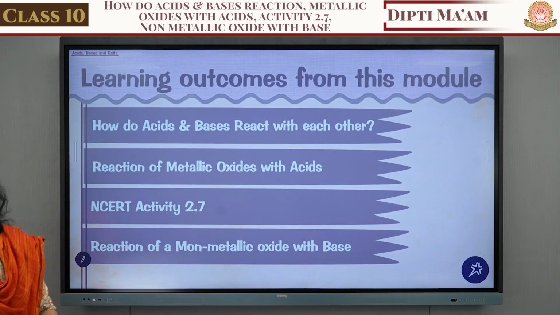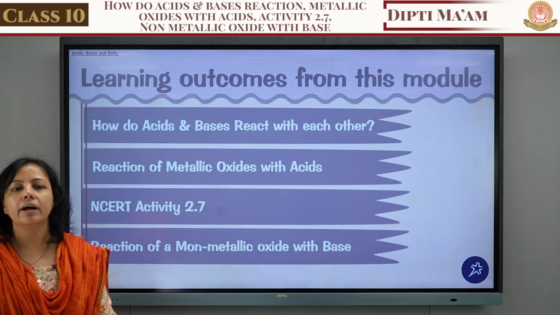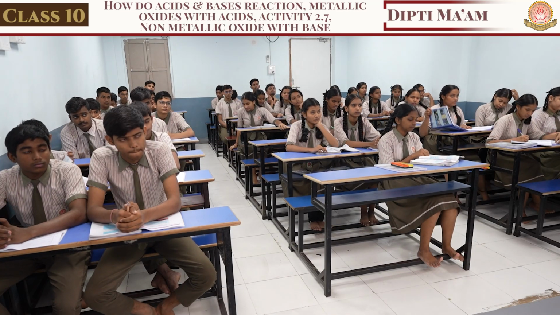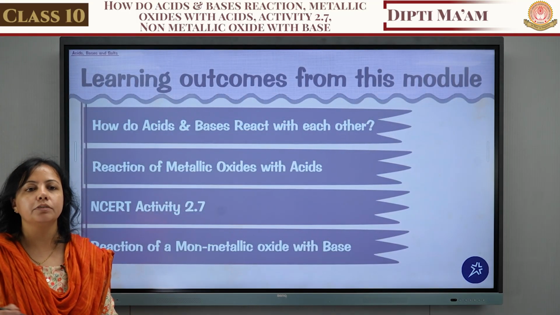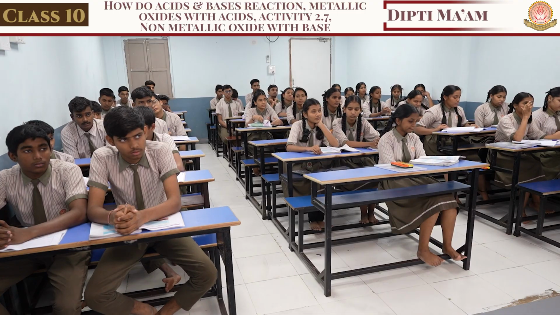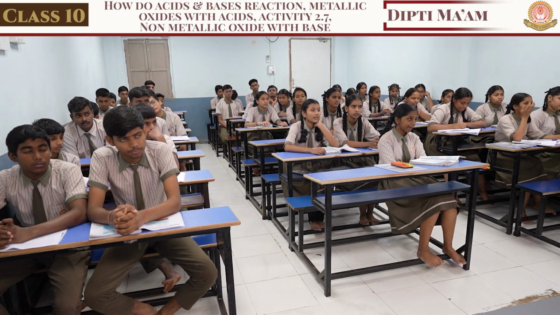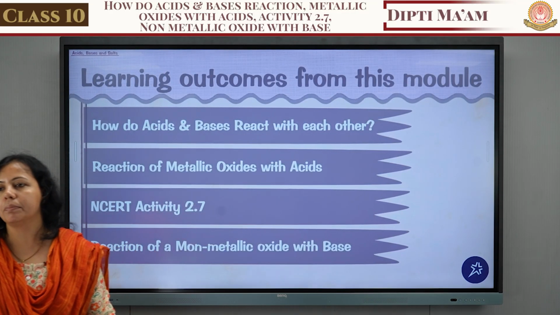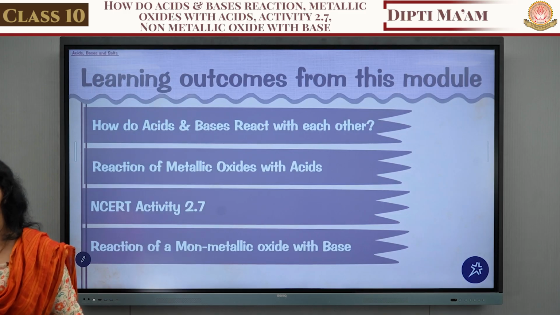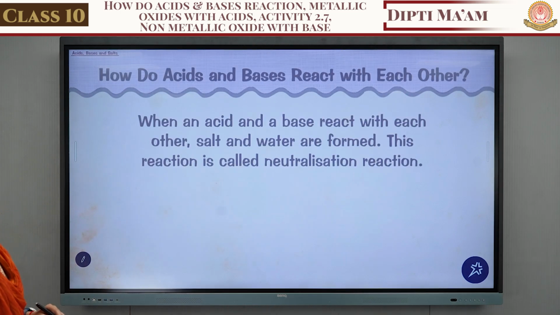Before I start the topic, how can you identify acid and base? With the help of litmus paper, which is part of the indicator. What is the color change of acid and base on litmus paper? Blue and red. If the blue color of the litmus paper converts into red, it is known as an acidic solution. And if the red color of the litmus paper converts into blue, that is known as a basic solution. Okay, so let's see the first thing related to this.